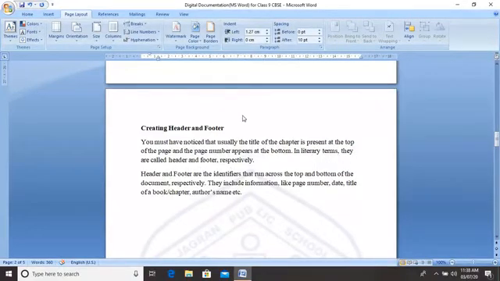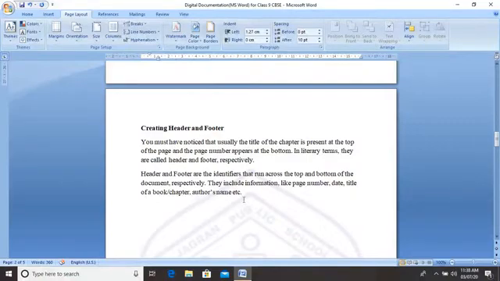It means the top one is header and the bottom one is footer. The header and footer are the identifiers that run across the top and bottom of the document respectively. They include information like page number, date, title of a book or chapter, author's name, etc.